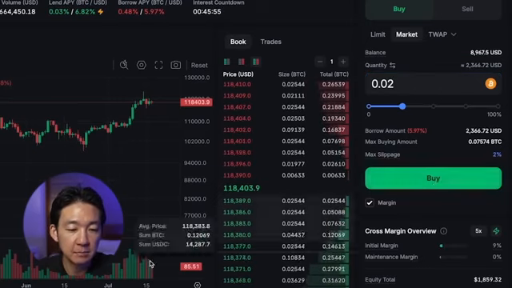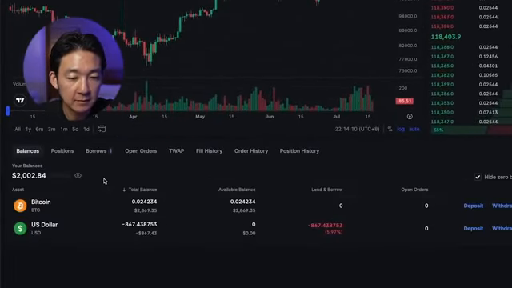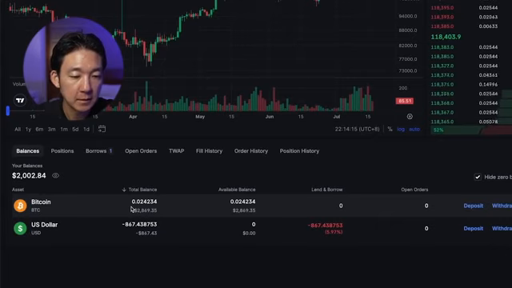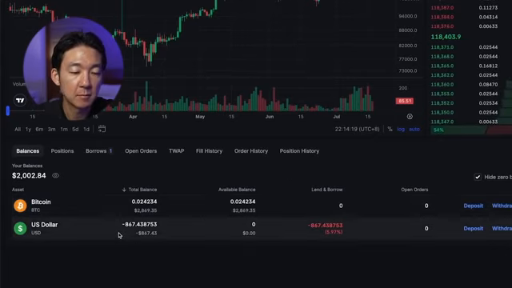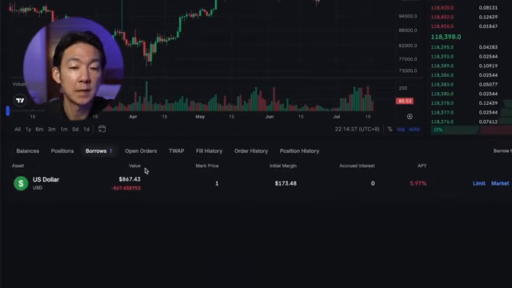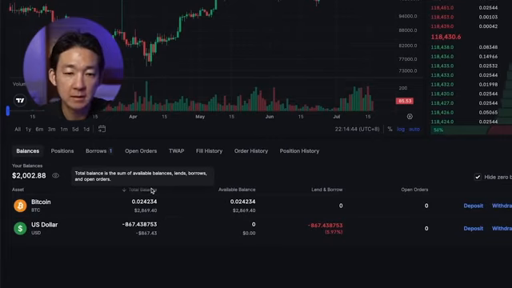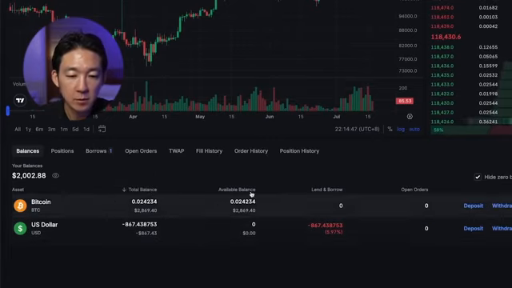Okay, this is executed. And what's happened to my account? Balance, I'm going to have now 0.02 or a little bit more Bitcoin. And look at this. Now my USDC is in negative, meaning I borrowed some money. If you see borrows, I see borrow amounts. So we have to be careful about this. Now I'm borrowing money to buy Bitcoin. And when we want to close this position, I have to sell this Bitcoin to repay this amount, right? So let's say I'm going to sell